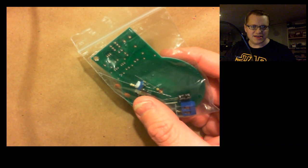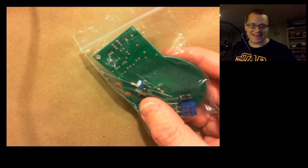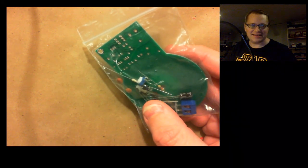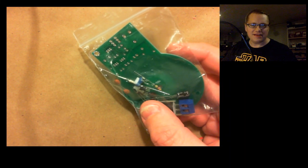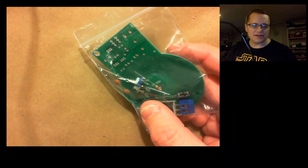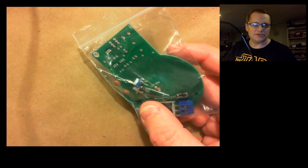Dave Glick on Twitter says, I read that as time for some smoldering, and I thought you must be having an exciting night. No, it's soldering, not smoldering. And by the way, if you are in the chat room there, just give me a hi, give me a hello, so I know you're there,